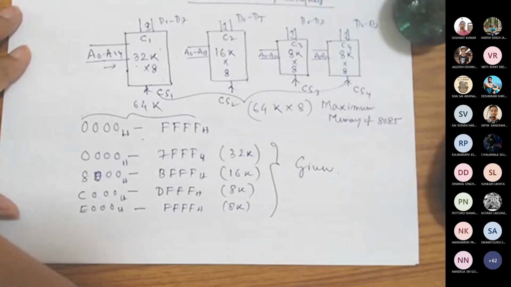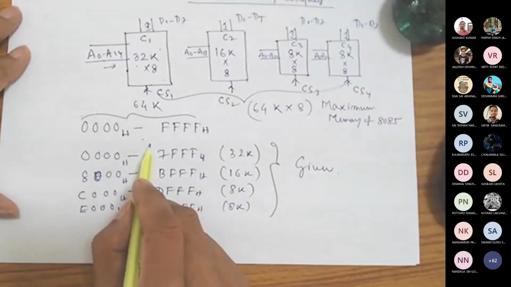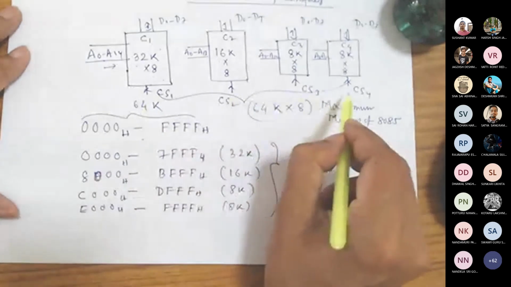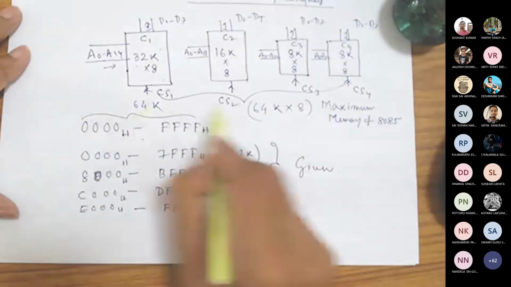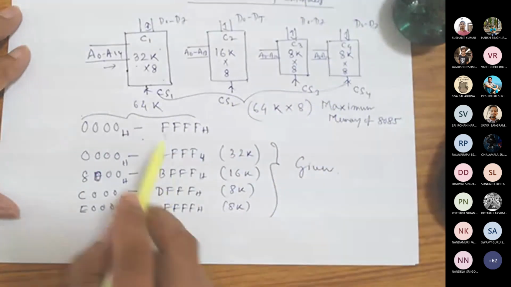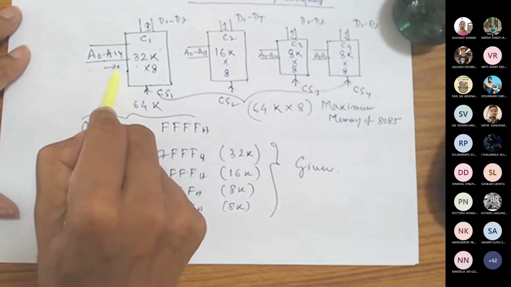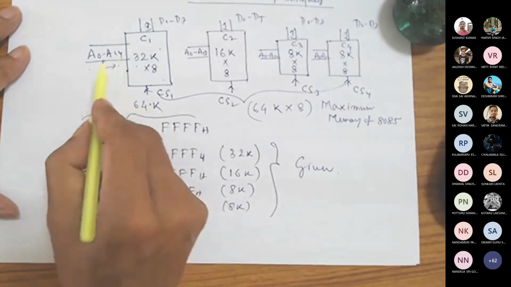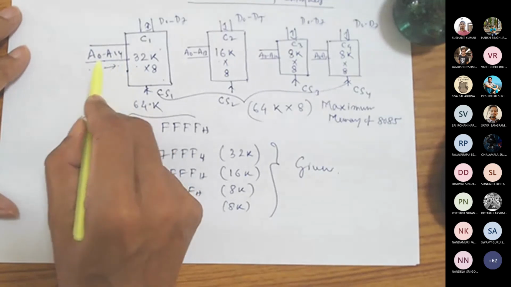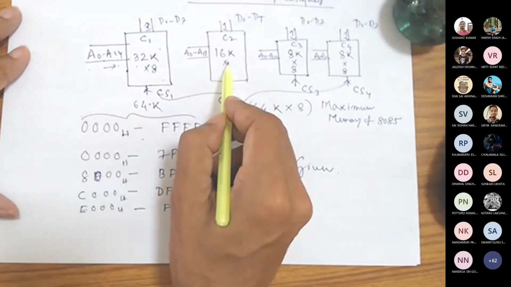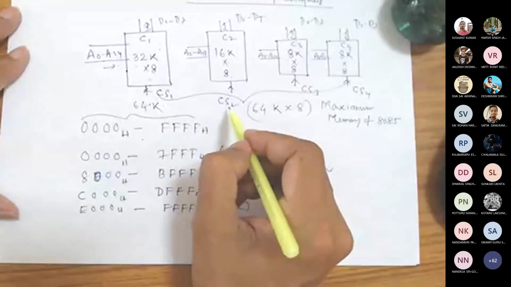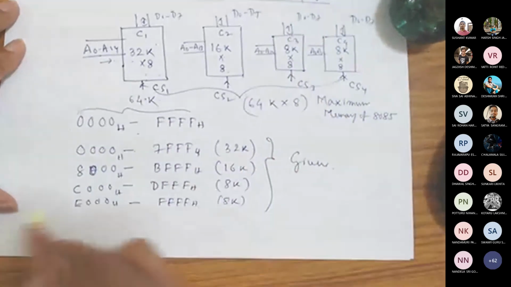Then what will you have to do? You need to take these address bits to get the select lines properly. You know how many bits are needed here. But how to select this chip? Because when A0 to A14 is given here, the same A0 to A13 is also given here. So whether to read from here or here will be decided based on chip select. One chip select, two chip select. How can we do it?